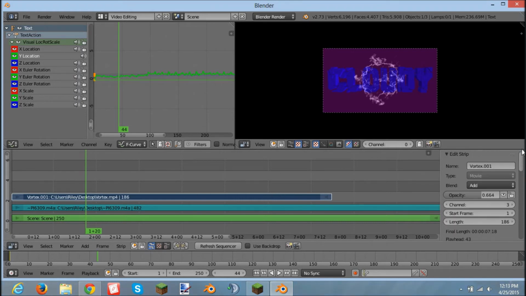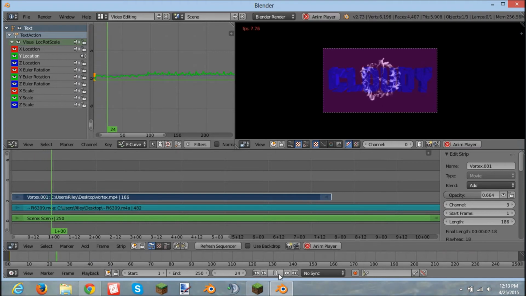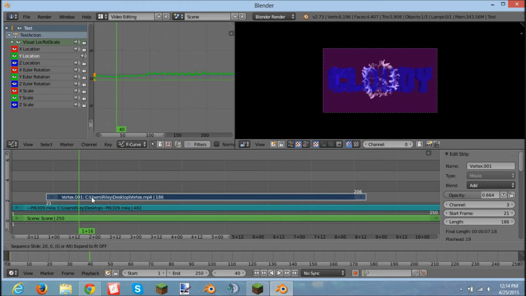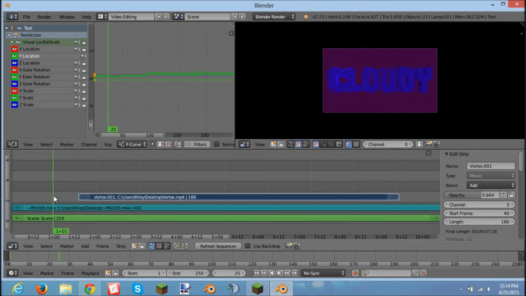So next what we're going to do is I'm going to find where the bass drops, so that way I can add the vortex to right where that happens. So let me start this, and I'll pause it when I get there. So here we go. Okay, so that was about where the first bass drop hit. So I'm going to right click this, drag it over to where my cursor is, and click there. So now if we see this and we play it,